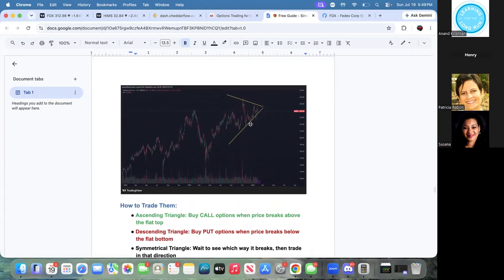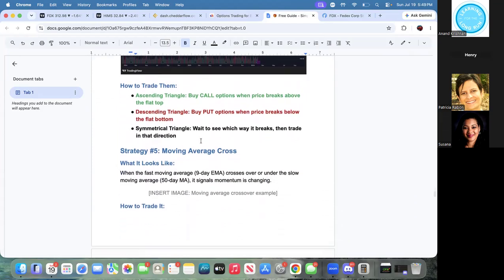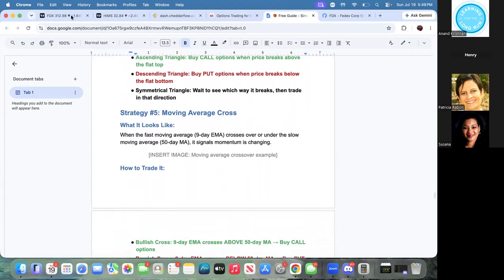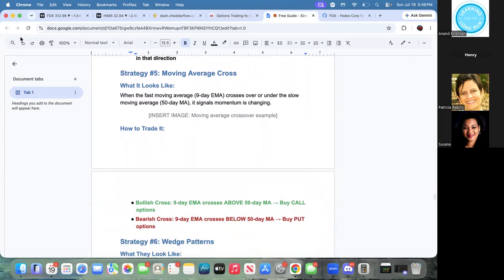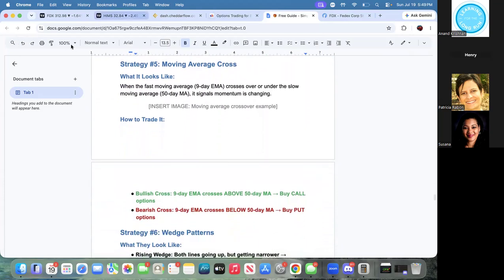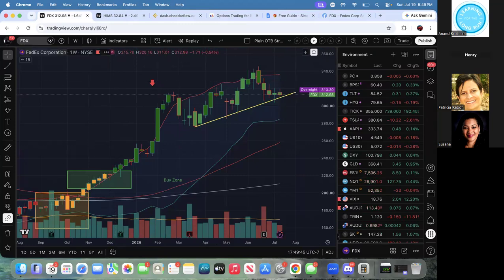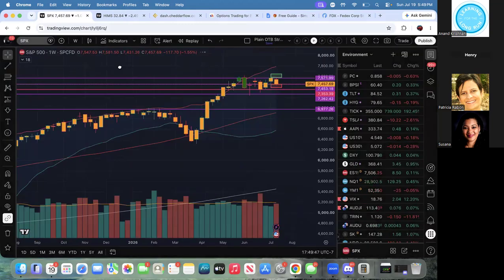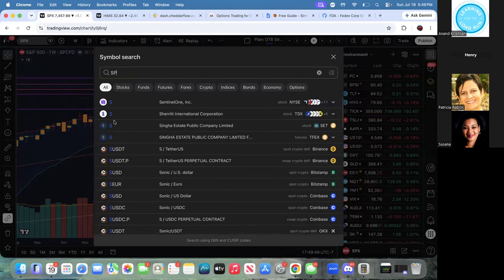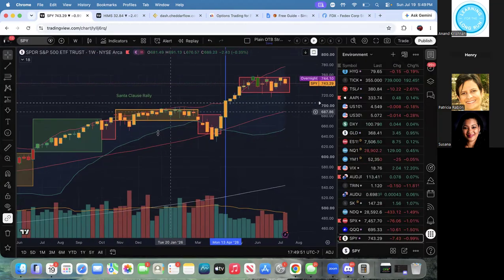So in how to take ascending and descending, you want to take calls above here. You want to take puts below here. But watch them. Keep your price targets tight because the market's kind of whippy. It's not as forgiving as before. You might remember, just a couple of months ago, when the market was kind of on easy mode,